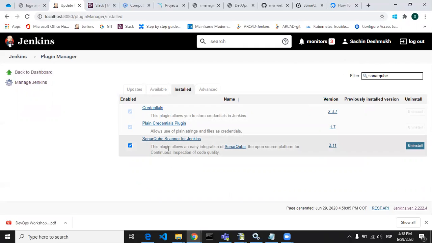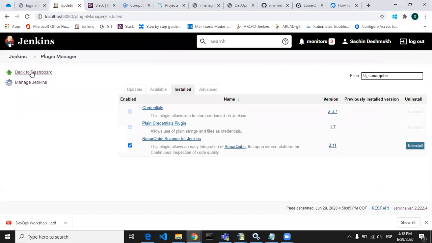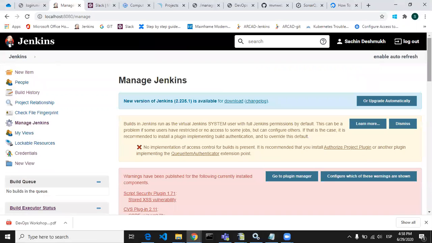Once you install this, the next step is to configure SonarQube in the Manage Jenkins sections of Configure System and Global Tool Configuration. So let's go to Manage Jenkins, Configure System.